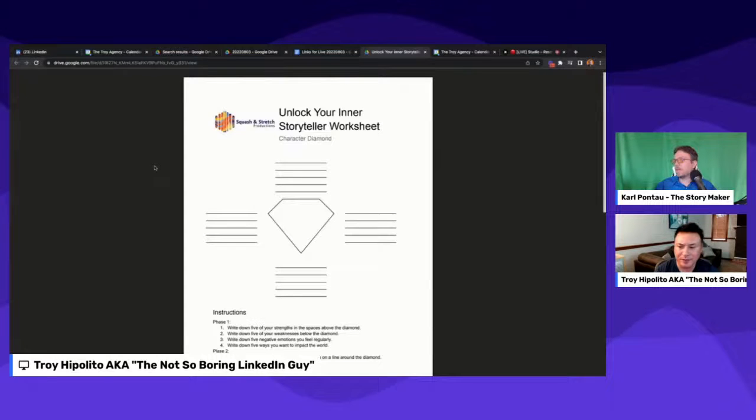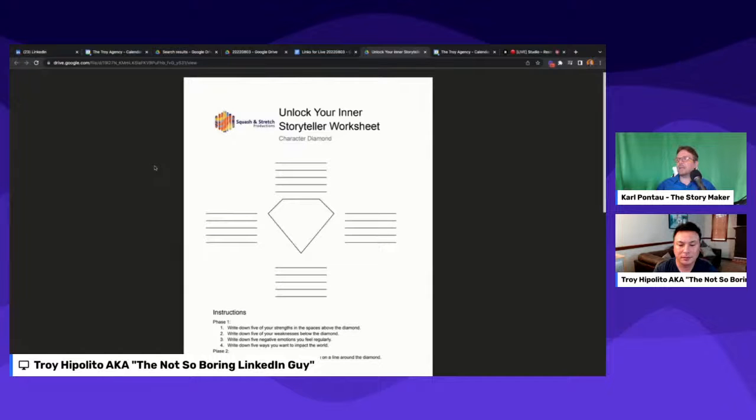Go ahead, please. Yeah, so on the top 5 lines, you write your strengths, the things you're good at, your selling points for you and your business. Then you come up with stories that are examples of when you used those strengths. Below, on the bottom 5 lines, you write down your weaknesses, or times where you've made mistakes and what you learned from them. And those are 5 more stories you can tell.